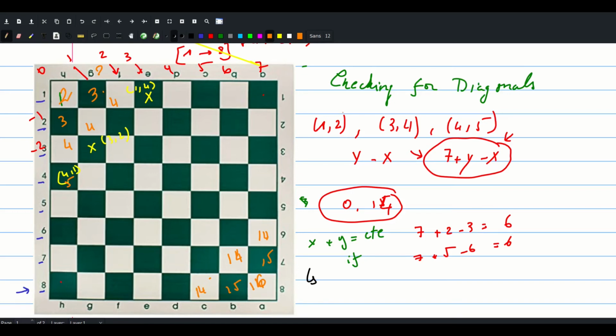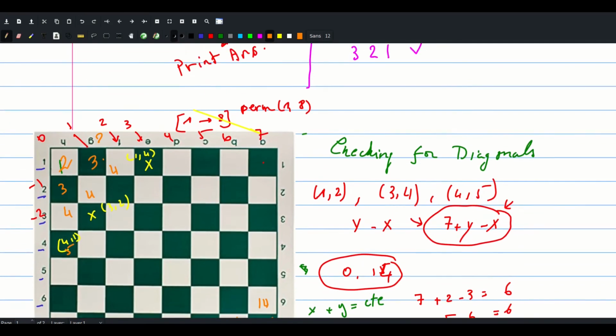So to summarize, we'll just get a permutation for the columns. So we'll go through all permutations of numbers from 1 to 8 to find the y coordinates of our queens. And because we know the x coordinates, which go from 1 to 8, we just need to find the y coordinates, and we check that that square is empty,